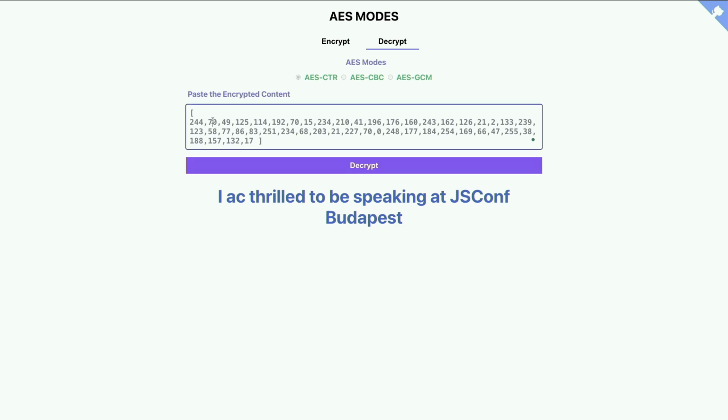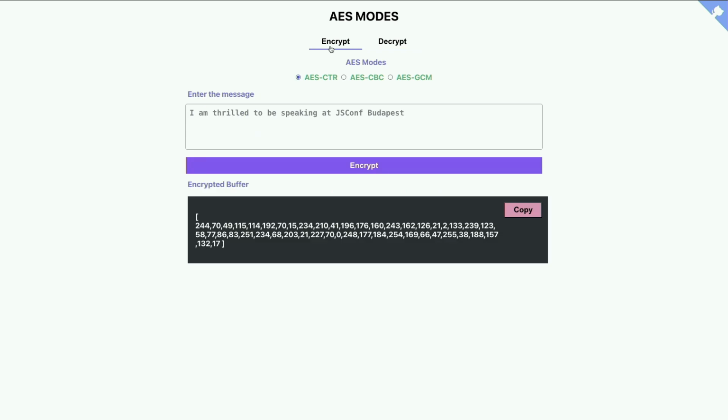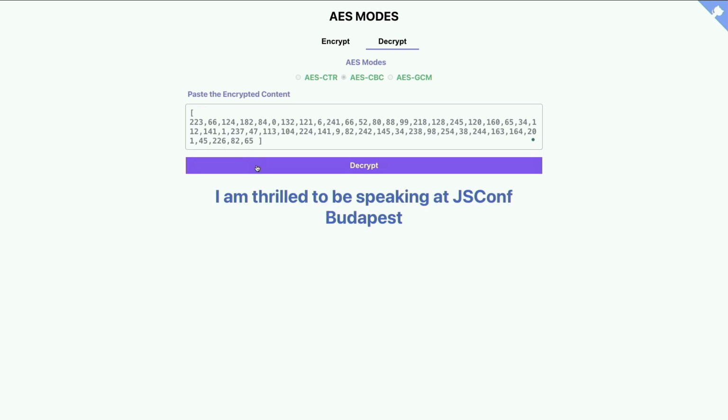If I even change it here, in case you haven't noticed it, do you see? I changed to I6. So basically the data is tampered, but still on your end, when you decrypt the data, you will see this. So you will never know that the data was tampered, which is bad. You should be able to know that the data was changed in transit. So we cannot use CTR because it doesn't satisfy the requirements. So let's try it with a CBC mode. Now let me copy this and see how it works in the CBC mode. So this looks fine.